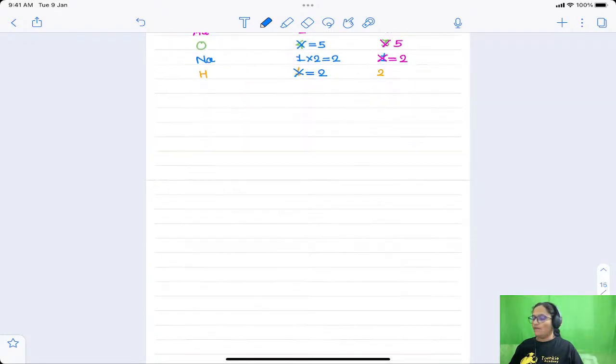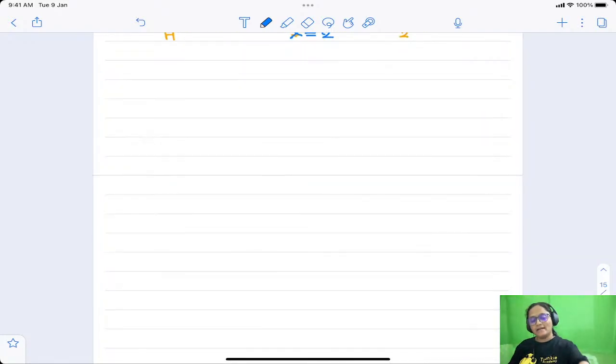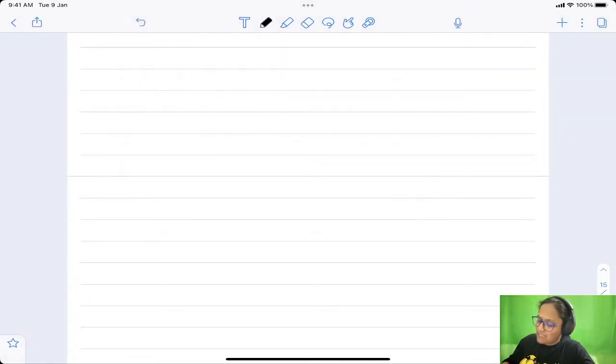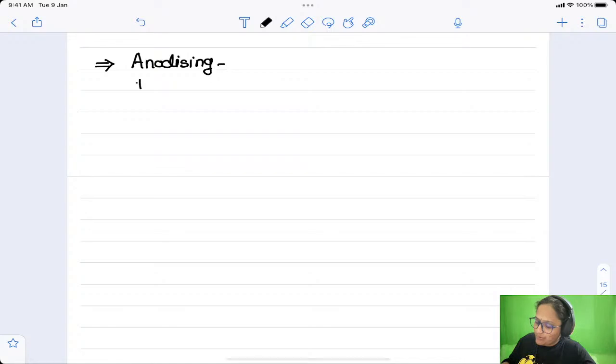Now this property of aluminium to get converted to aluminum oxide very easily has one application. And what is that application? That application is called anodizing. Let me explain the process of anodizing. So what is anodizing? It is the process of